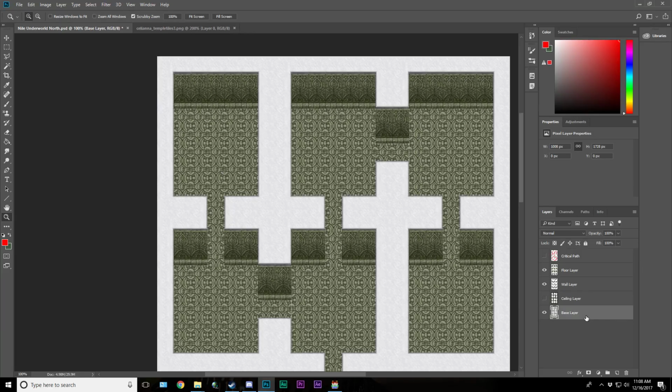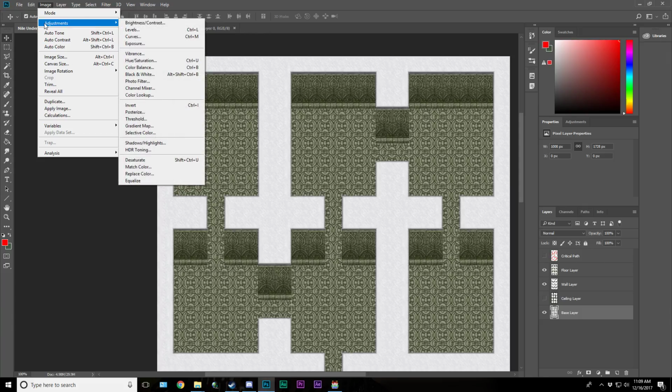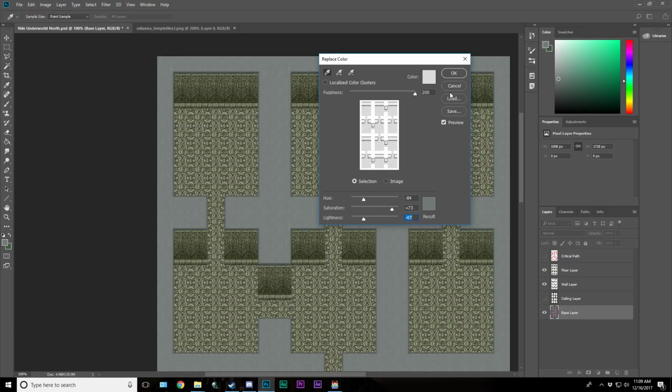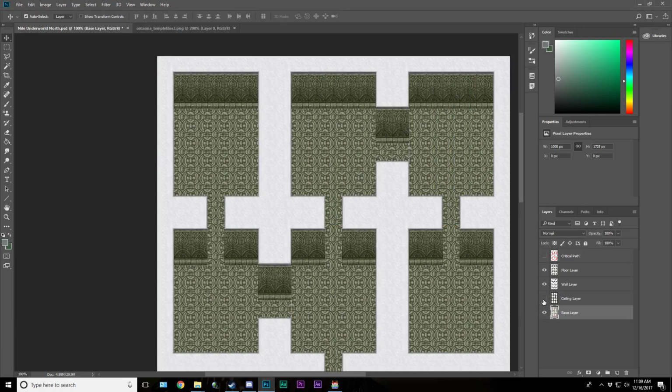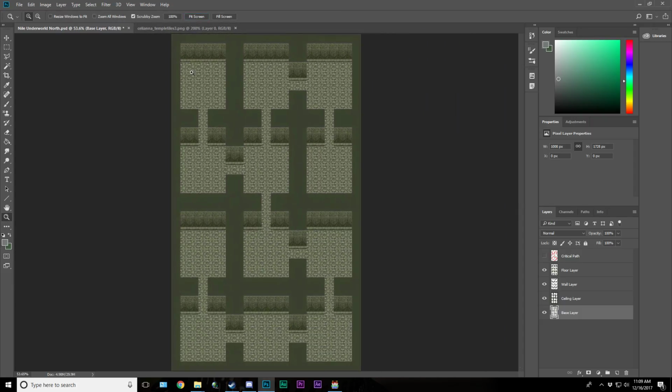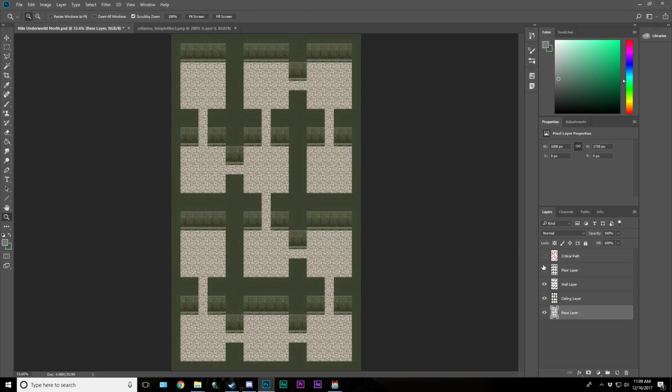Then the last thing I did was I took this right here, the ceiling, made a copy of it and brought it into its own layer. Then I used up here adjustments, replace color, and I chose this, and I worked around with the hue and the lightness in order to make a color that matched this one, and that's how I ended up with the ceiling layer here. So now we have something that looks a little better than this, but still looks absolutely sterile,